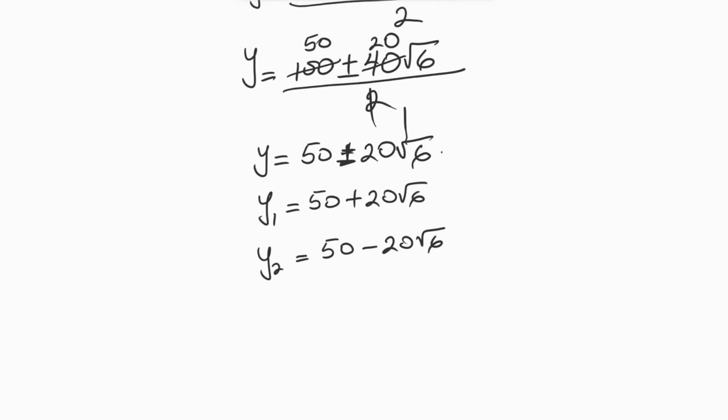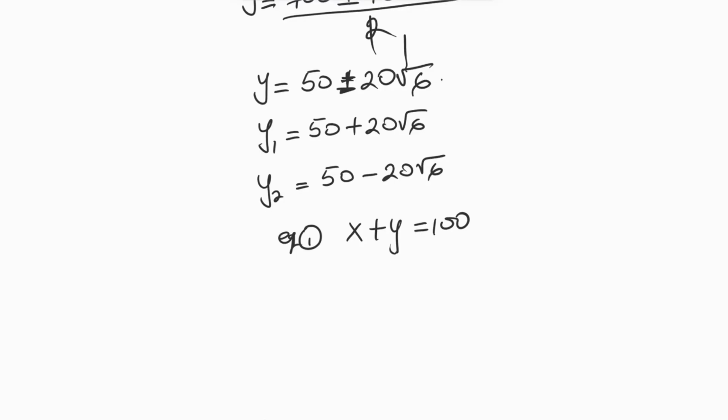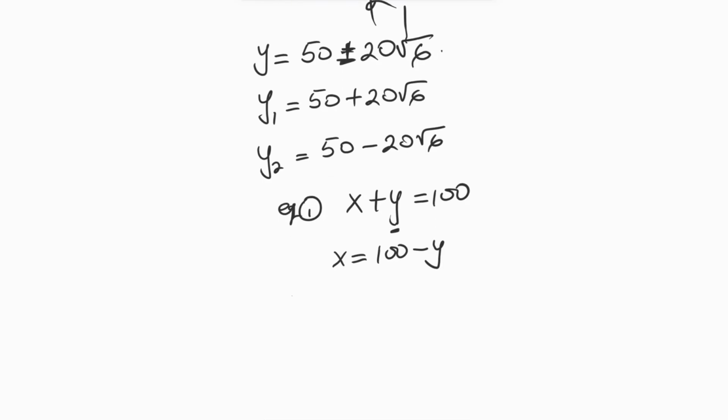So now let's go back to our equation. We have our equation 1 states that x plus y is equal to 100, right? Now, that means we already know the value of y, so we're looking for x. So our x is equal to 100 minus y. Therefore, for x1, it is 100 minus y1,